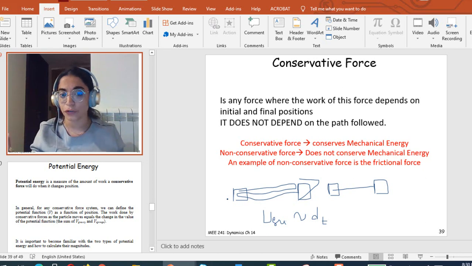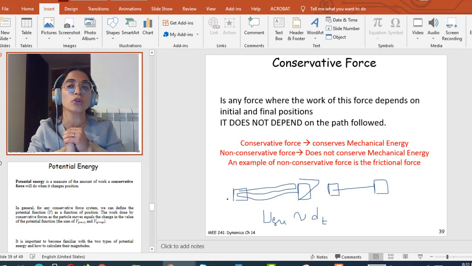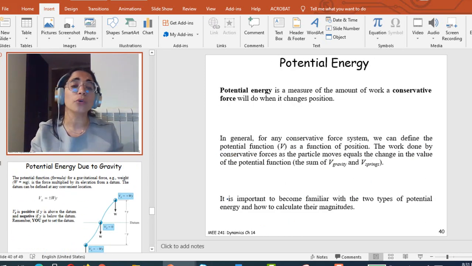It's not a conservative force, and the same is the case for the resistance force. Now, if this is not a conservative force, then the mechanical energy will not be conserved. In fact, it will be lost. A percentage of this mechanical energy will be lost in the form of thermal energy. What you have to know now